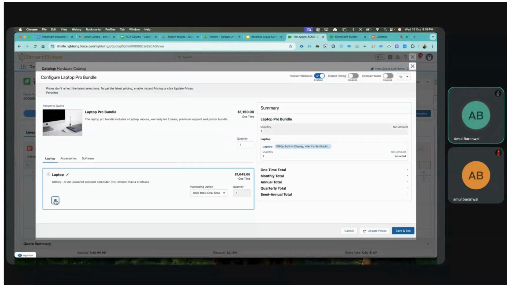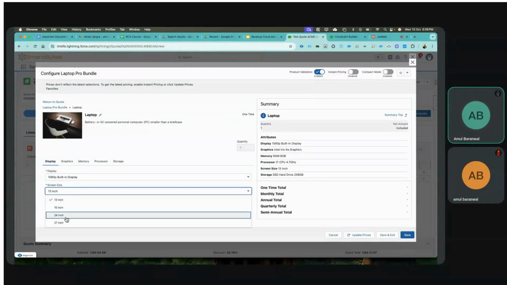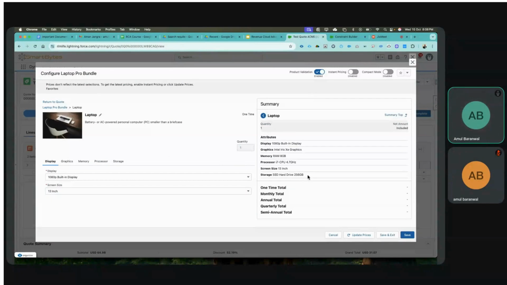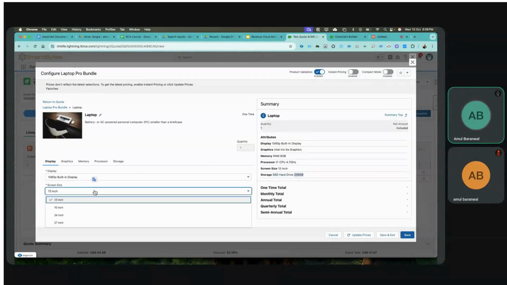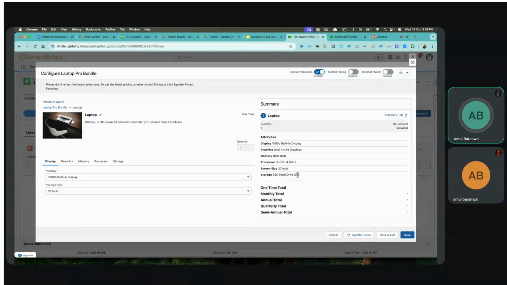In the laptop, I need to again come back here. If I go and select my 27 inch, so as of now, you see SSD hard drive 256 GB is by default selected for the 13 inch. But if I select the 27 inch, it should automatically change to the other value, the SSD hard drive 2 TB. So now you see my storage got selected automatically, SSD hard drive 2 TB, with the help of